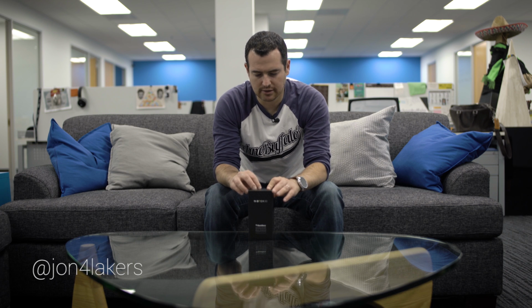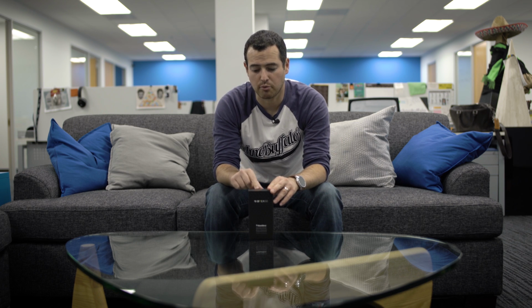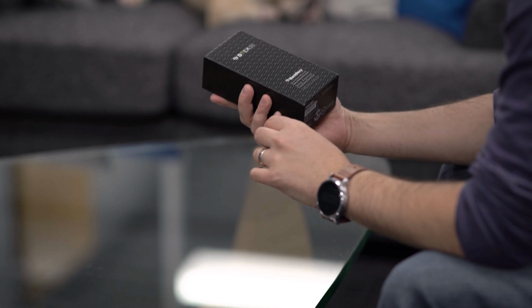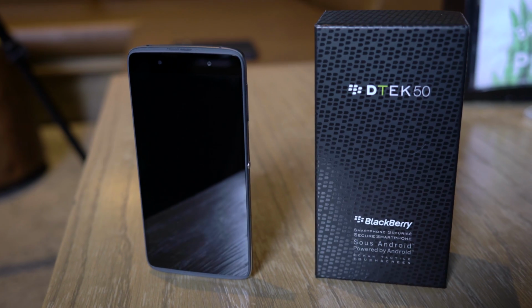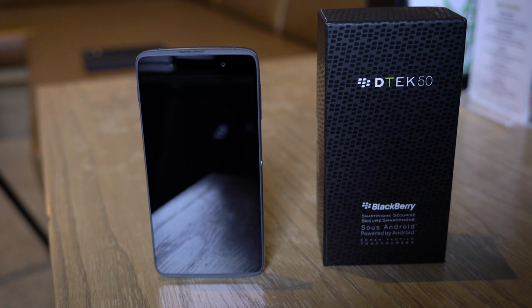BlackBerry on Android is still a weird thing to say, but it exists, at least in the form of the Priv. I really liked it. So BlackBerry's back with their just very unsexily named DTEK 50. If you used any of the previous Android BlackBerry devices, DTEK is the software that BlackBerry uses to help keep your device secure. The more stuff you do, the score is going to change, so that you know how secure